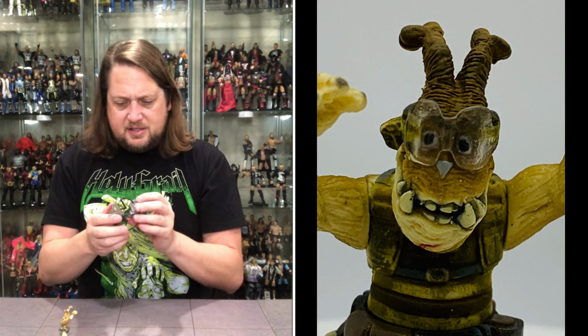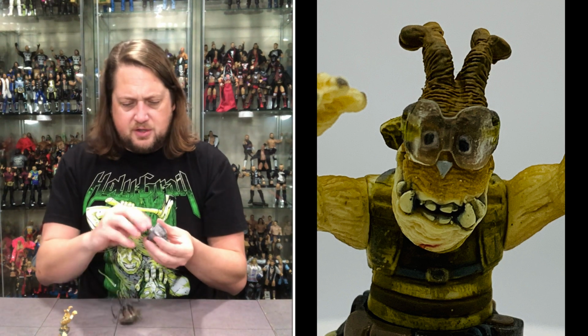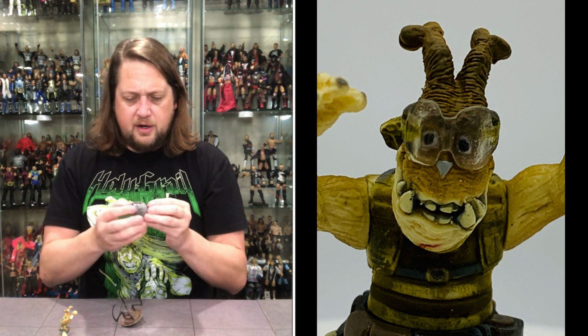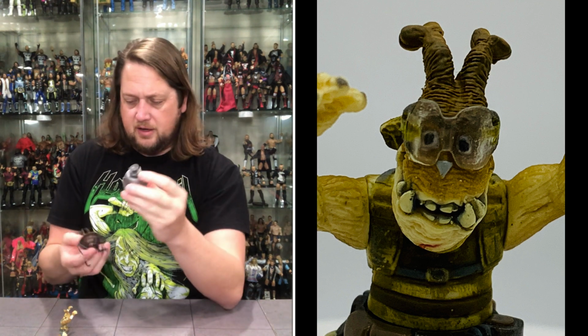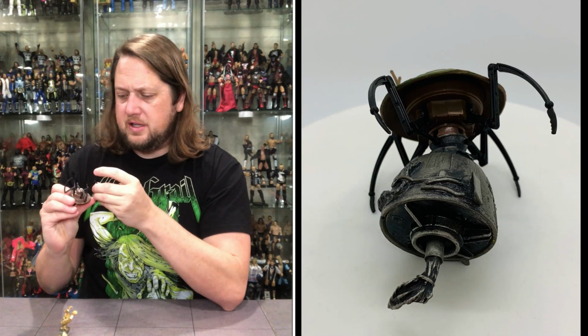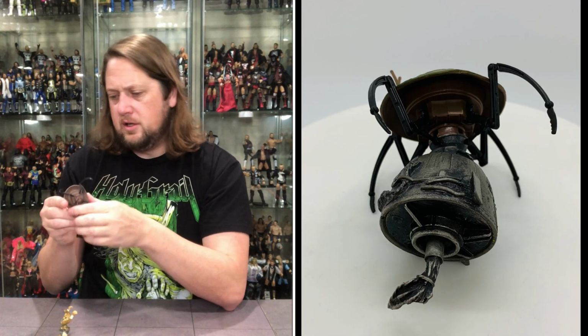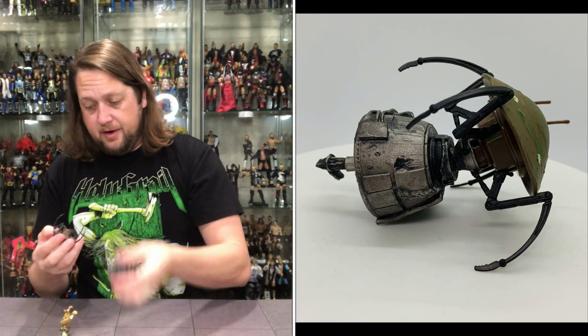He does come with this deal, and I have no idea how this goes together. There's no instructions on the package, so what are you exactly supposed to do here? But it looks like just a piece of a space shuttle that's been broken off or something. And then he's got this going on. This spider-type droid. So these go out. Okay. I don't know. Let's see if I can figure...